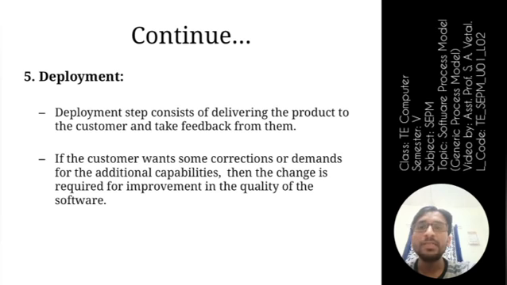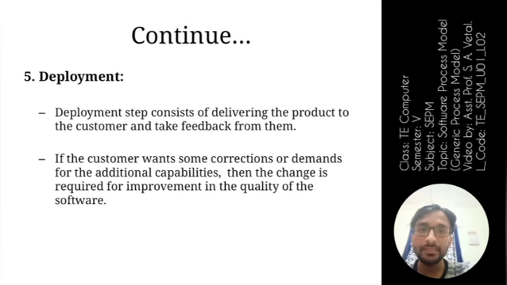In the deployment step, we deliver the product, that is our project or the software, to the customer. And the second task that we can perform is to take feedback from them, right? Two tasks that we perform in the deployment activity.